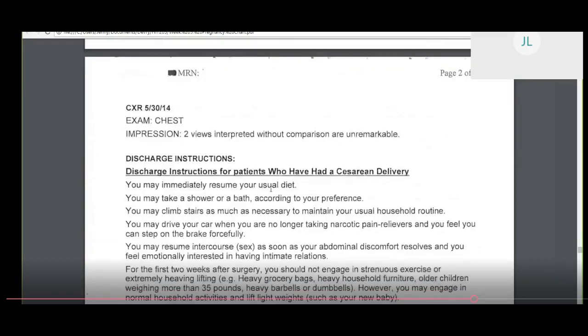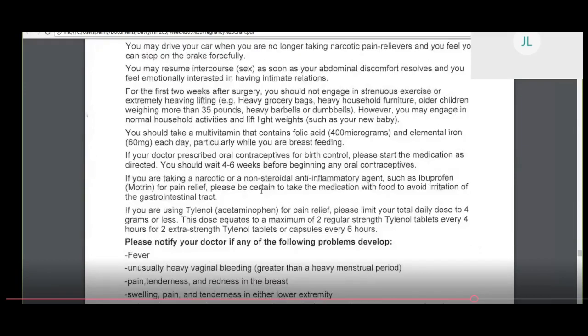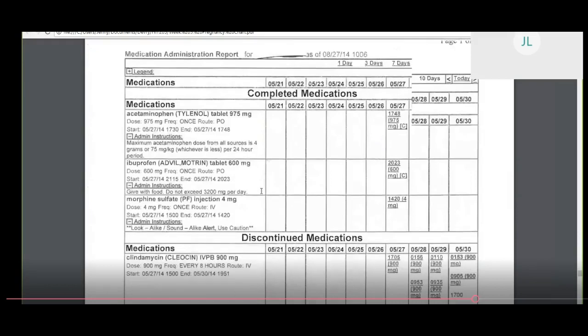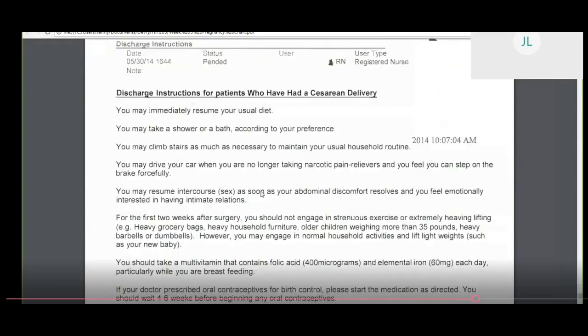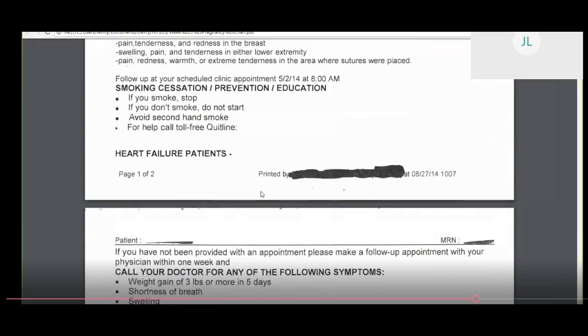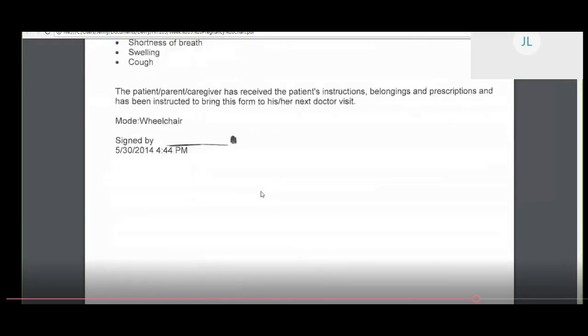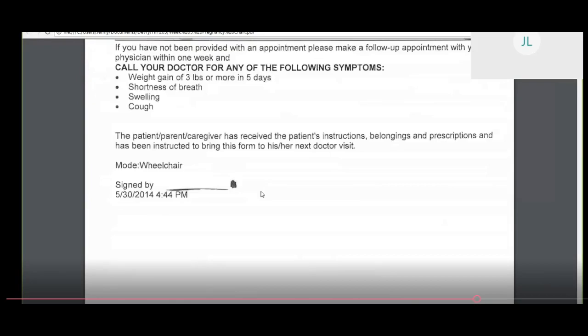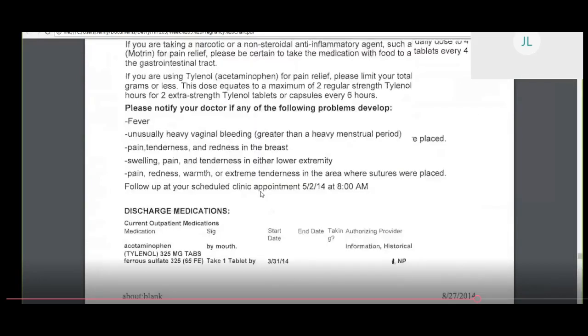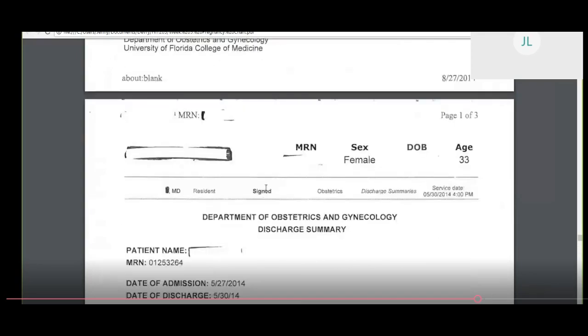So, discharge instructions. You don't have to read through all of those. Discharge meds. So here's the med sheet. Again, discharge instructions for patients who have had a C-section. Okay, so that's the end of our record. So if we come back up here to our discharge summary,